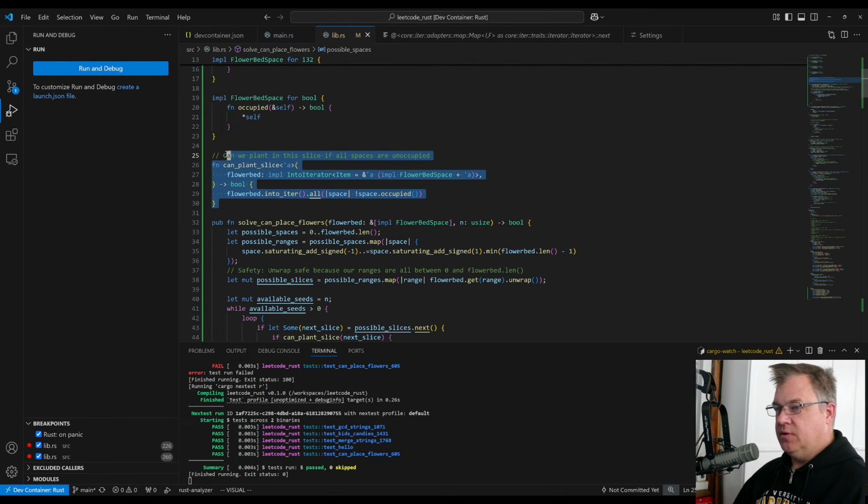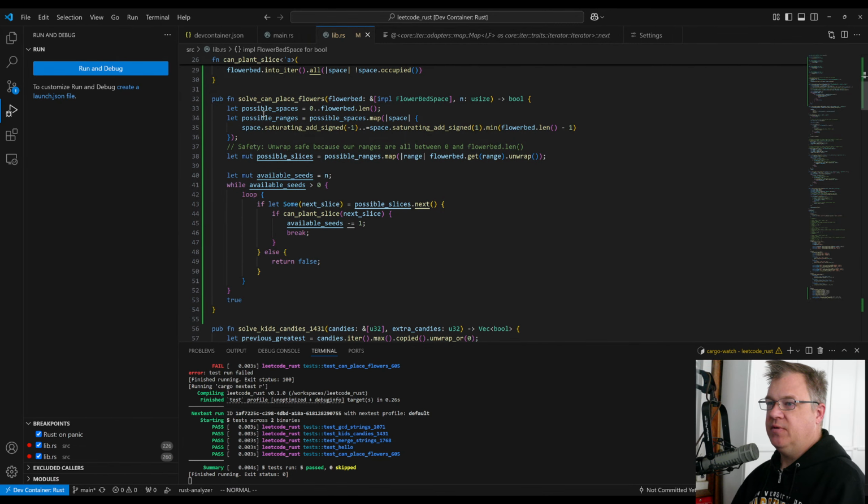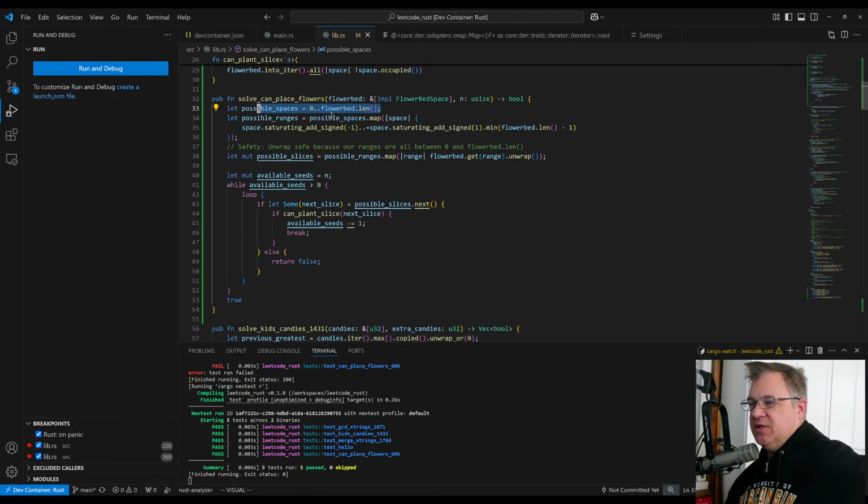So this can plant is greatly simplified. In this case, all of the possible spaces are from 0 to the length of the flower bed, and we have to deal with the minus 1s in this sometimes.